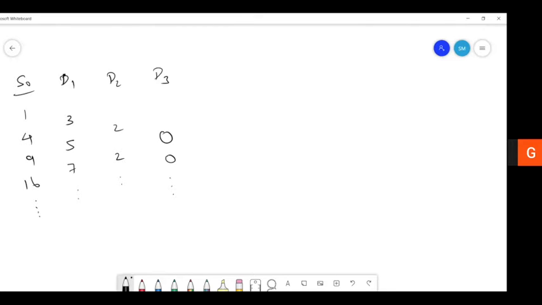tried to see if this holds for higher powers. We have tried to prove this for squares and cubes. Shankar had made the observation, if there is an AP in one of the levels, then it will follow. And we had seen that for squares, the AP comes in level 1. For cubes, the AP comes in level 2. For fourth powers, the AP comes in level 3, and so on.